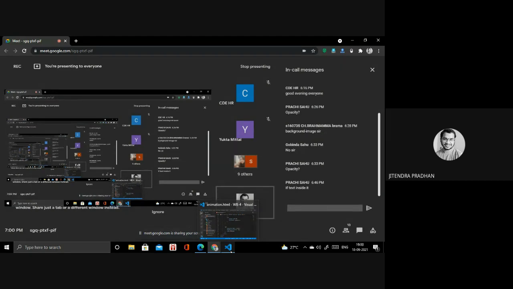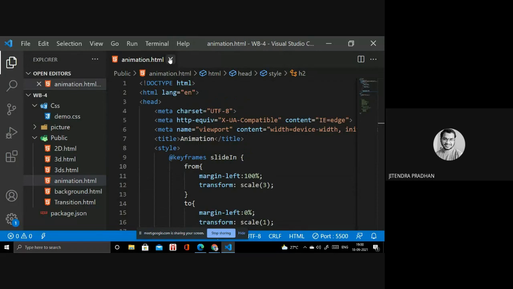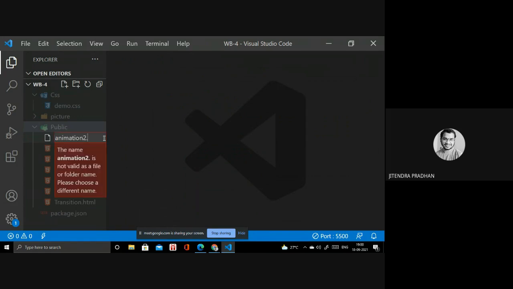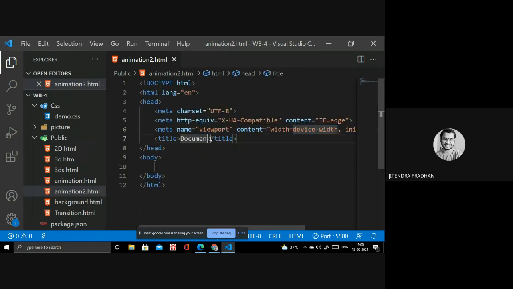Let's see, I will show you another one. It will move right, left, top, bottom. Okay, how we can do that. So I will create another file, animation2.html, you can write animation example also.